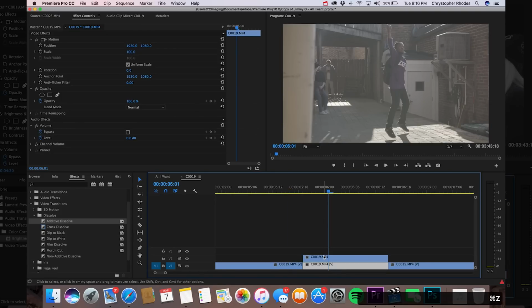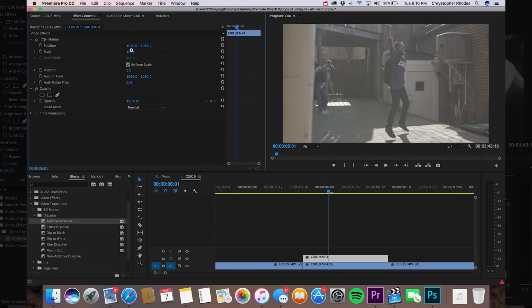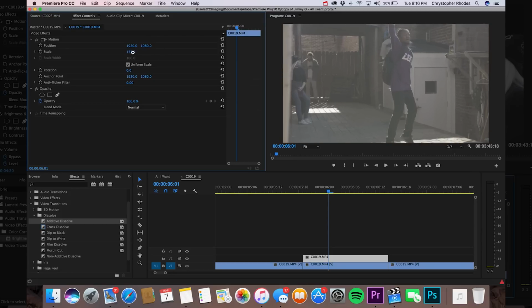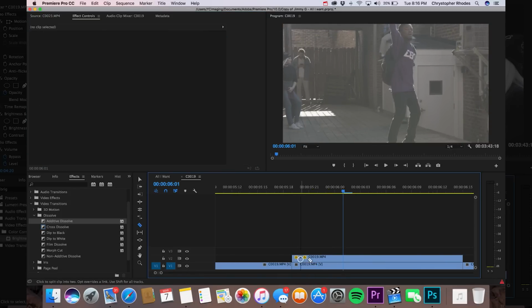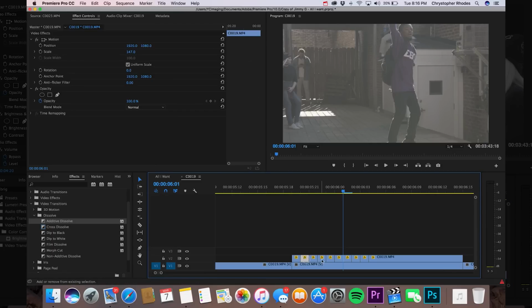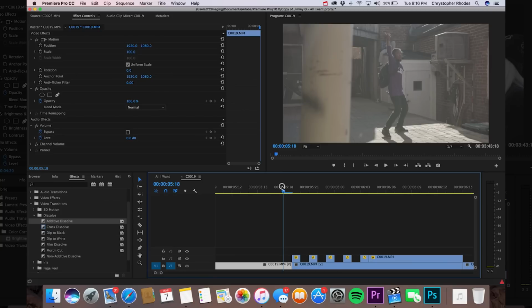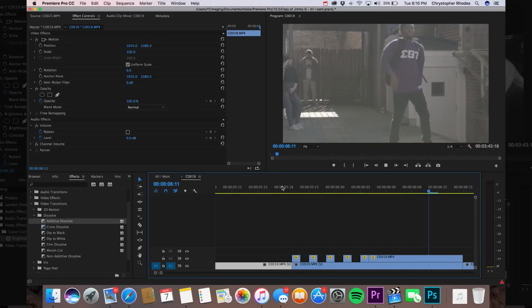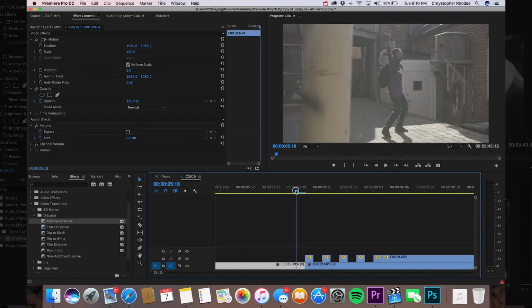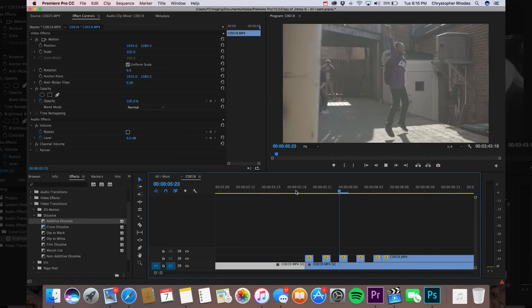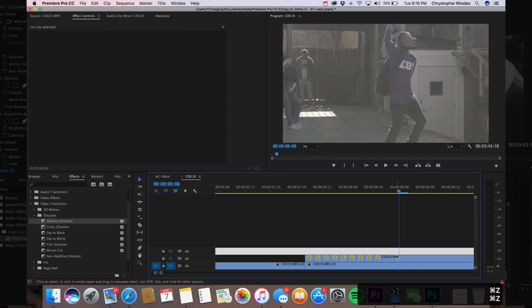So if we take off that rotation and we just go in and scale this up just a little bit, or you can do it a lot as well. If you scale it up, you go in, you do your hi-hat cuts. Every other clip that this transitions into or cuts into is gonna be a little bit bigger, which is gonna give this a dope effect as well. Just go in, delete these. See how that looks. As you can see, it gives it, man, that's so hard to say. It's gonna give it an in and out effect. There we go. All right, so we got the scale one.